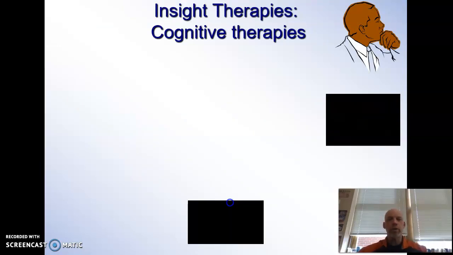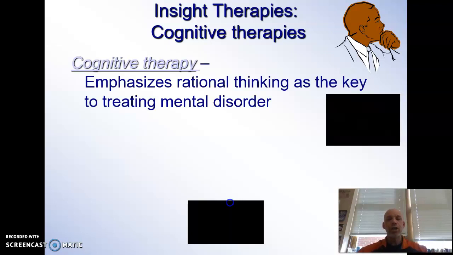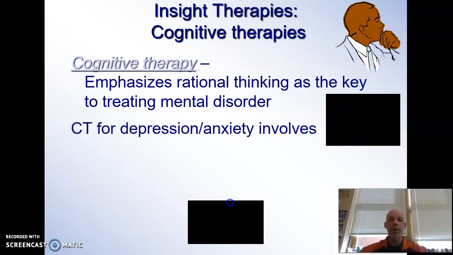I'll get through a few of the cognitive therapies here. Now, this again kind of goes with the insight therapy. In fact, more than kind of, it goes with the insight therapy, because you want to help people talk through their thinking and hopefully get them to think in different patterns. So you want them to think a little bit more rationally. And remember, in chapter 12 we spoke about this quite a bit. Most of these disorders, they realize they have an irrational thinking pattern. It's hard to break it, though, so you help them to break that pattern through cognitive therapy.